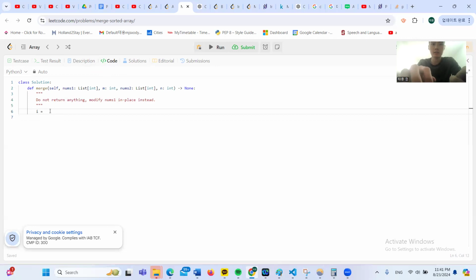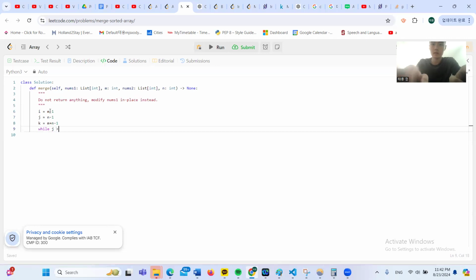So we said we're going to initialize i to m minus 1, j as n minus 1 as well. And then k is what we use to keep track of it, so that's m plus n minus 1. Now, while j is more than 0,